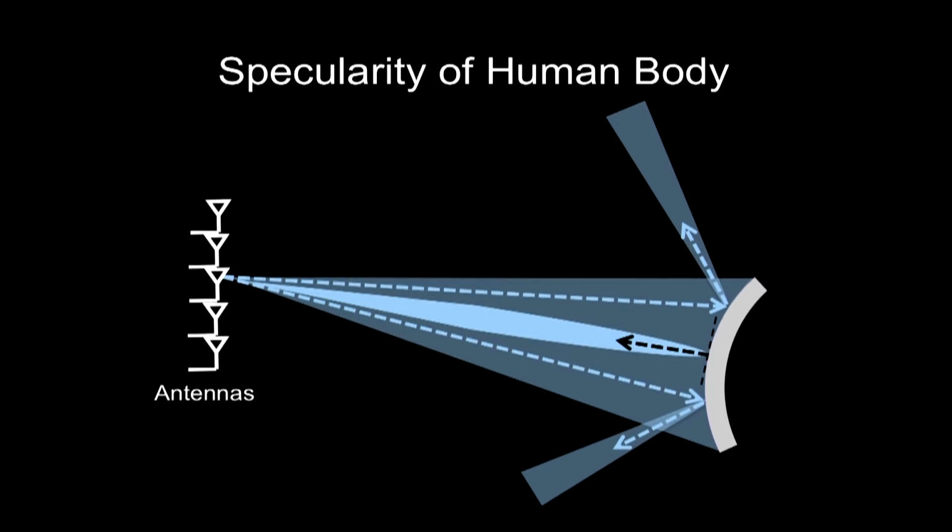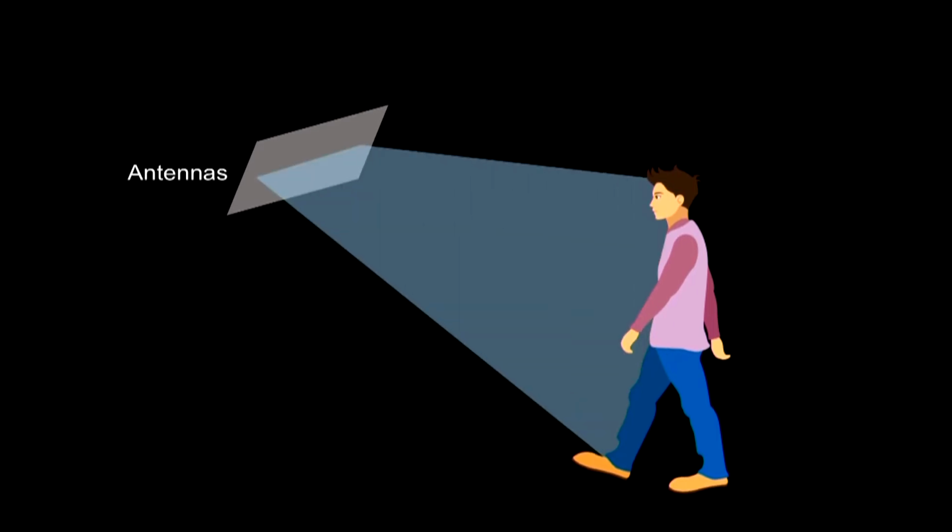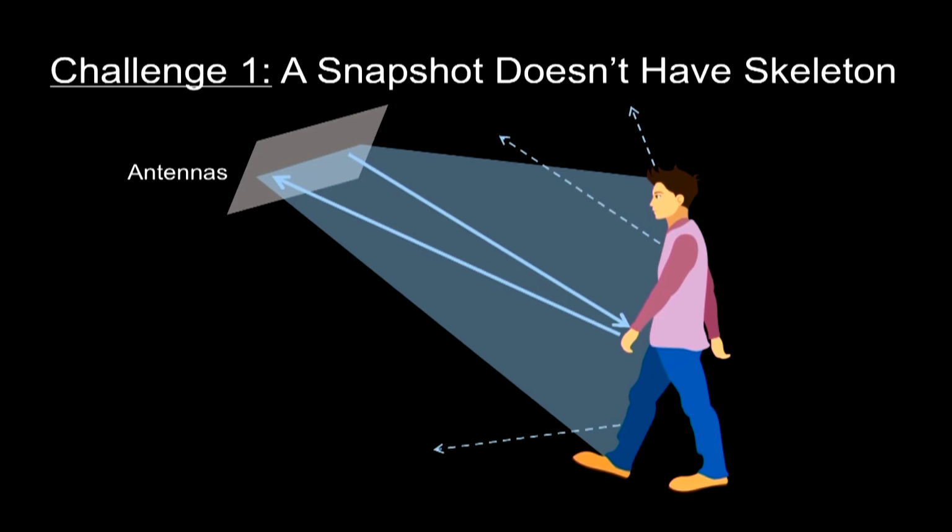So what does that mean for the human body, as opposed to this simple reflector here? Let's take another example with the human body. Again, the signal is shining on the surface of the human body, but only a small percent of that signal is reflecting back towards the device. In this example, only the signal that falls on the left forearm of this person is reflected back towards the device. The rest of the reflection from the head, from the chest, for example, is just deflecting away. So the antenna array is not going to see the human body, but just a small part of it.